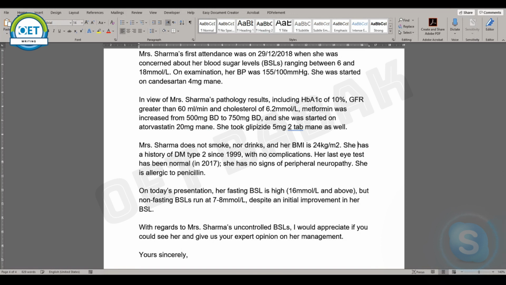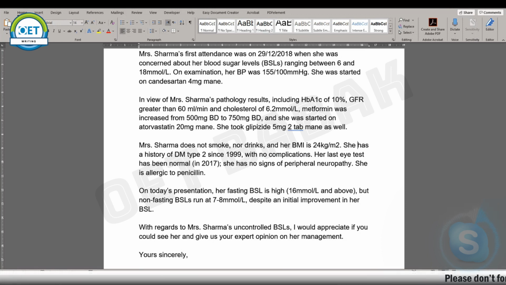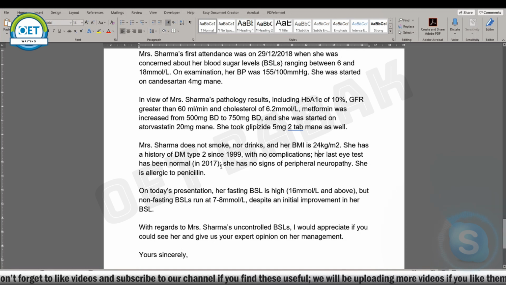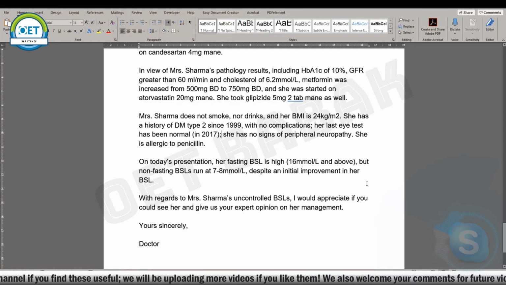So she has a history of DM with no complications, and then actually I can put a semicolon here instead and say that her last eye test has been normal and she has no signs of peripheral neuropathy. Okay, so